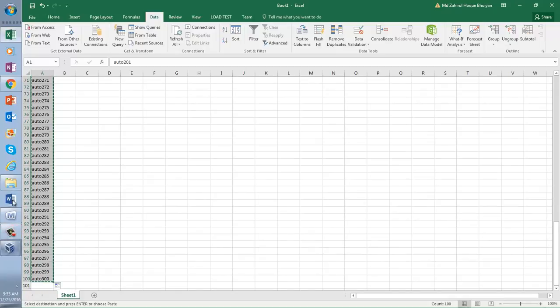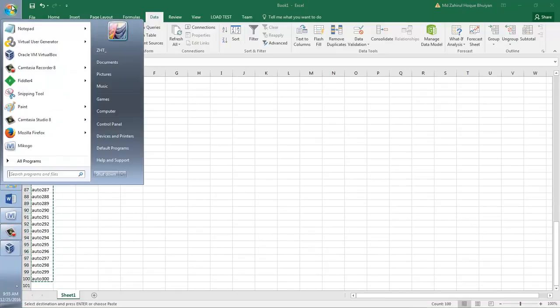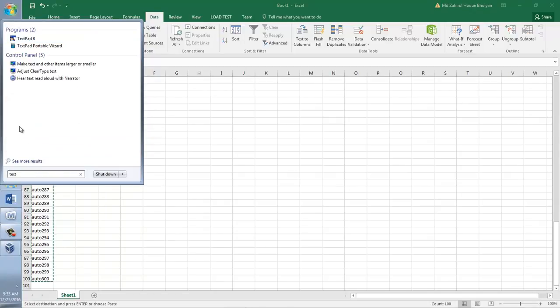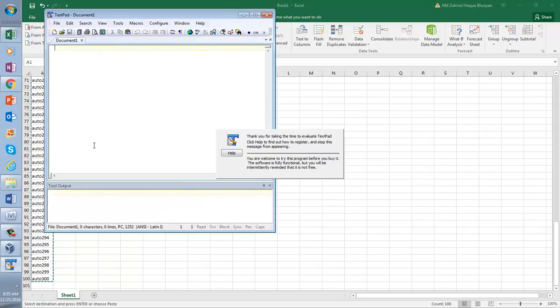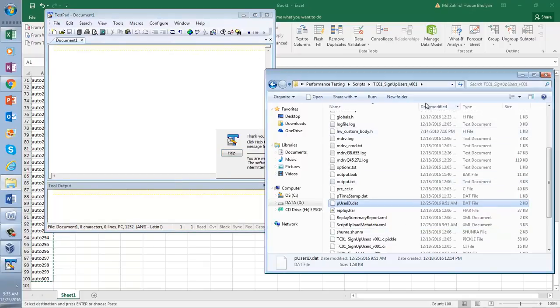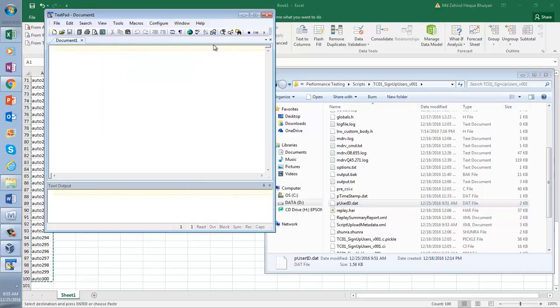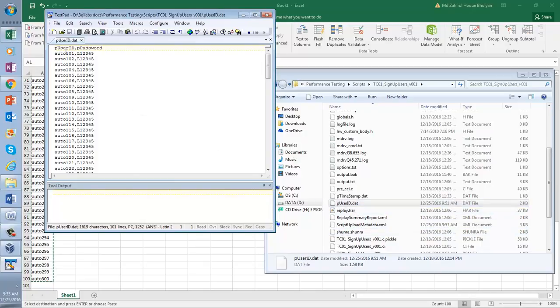Let me go to that parameter file from TextPad. Now how will I bring up TextPad? Okay, what is my parameter file? The parameter file, remember, is always inside your script. Now I am going to bring the parameter file here.